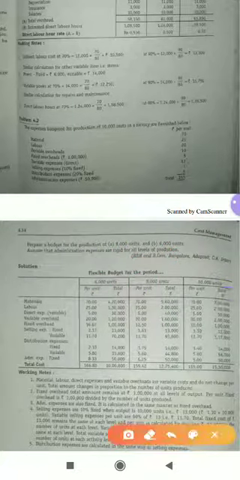Next, if you do 1 lakh divided by 10,000, obviously you will get 10 rupees. That is how you have to calculate variable overhead per unit. And when it comes to variable overheads, it will remain same. Next, we are done with material, labor, variable overheads, fixed overheads and fixed expenses. Now we have 3 more, that is selling expenses, distribution expenses, administration expenses.